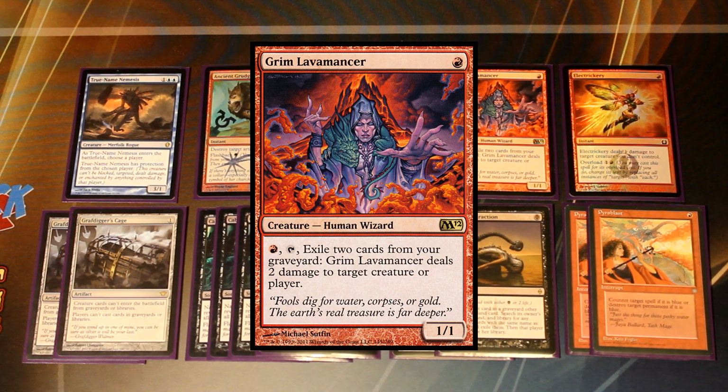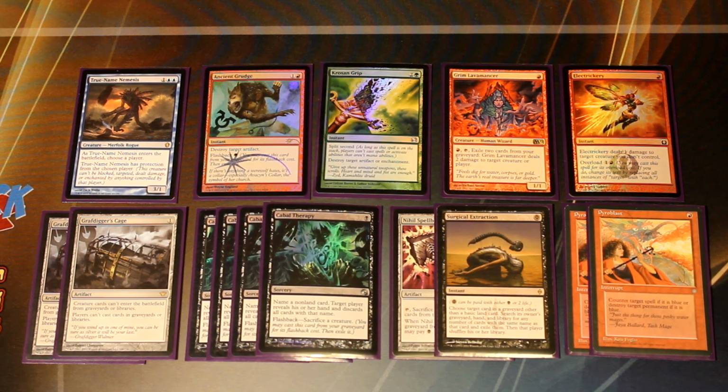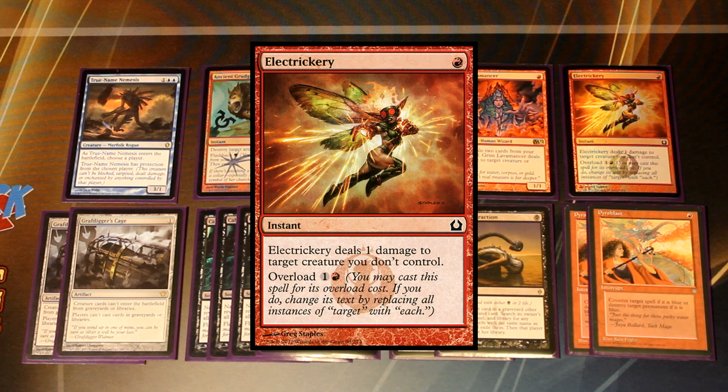But for the most part, if we're on the play, we shouldn't have too much of a problem just outracing Death and Taxes. We have the one Electrickery, which is predominantly for matchups like Delver, but it's also useful up against Death and Taxes and Elves as well. While it doesn't hit every single creature in their deck, it does still do a pretty good job at getting rid of a lot of creatures,